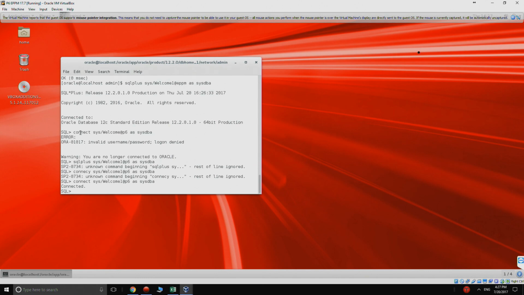So the Oracle database is installed. We have created a global database and a container database. It's up and running and listening, and it's good to go. So I'll see you in our third and final session, where we'll install Weblogic and